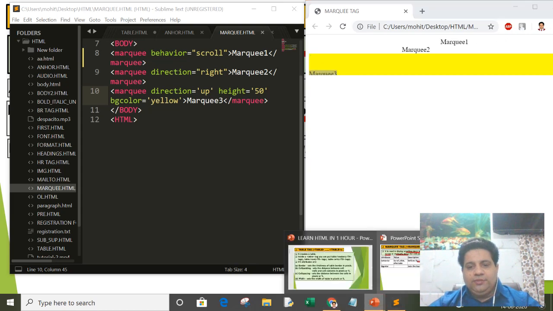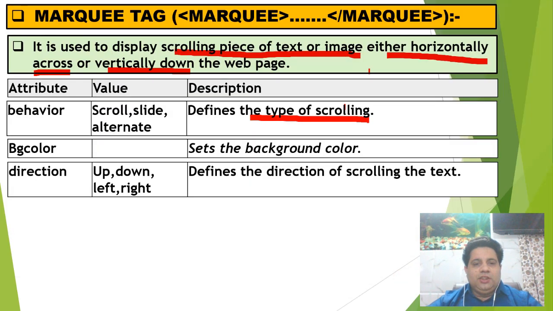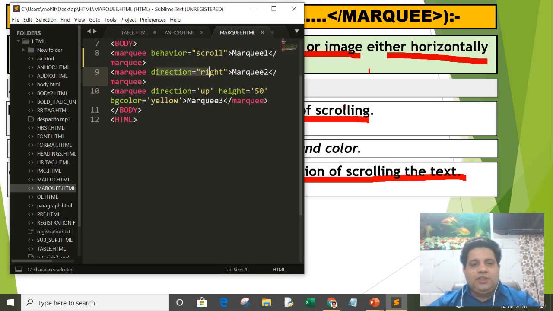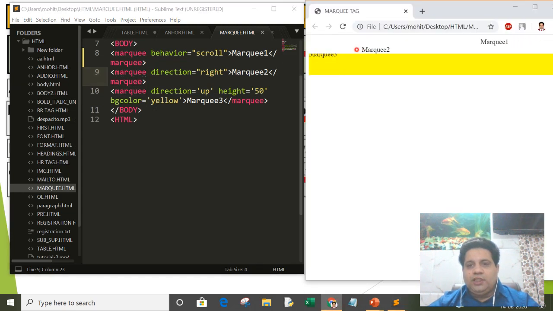Now again, direction. It defines the direction of the scrolling text. It can be up, down, left, right. By default it is left. Now see the second marquee. In this I have given the direction right. It is moving in the right direction.